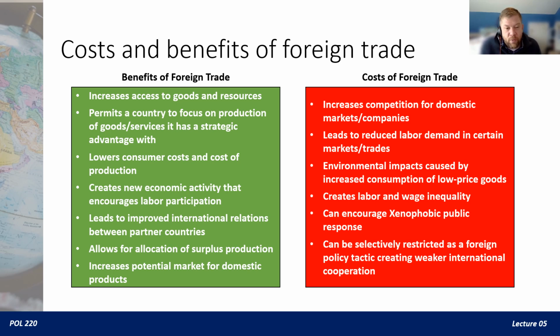It increases the potential market for domestic products as well in certain cases. I'll use the example of Boeing, for instance. Boeing builds commercial aircraft, but a lot of the components of a 787 come from something like, I think, 90 different countries. That makes it easier for Boeing as a U.S. company to sell their own products when they can procure different supplies from others. So that's all the good things about foreign trade.